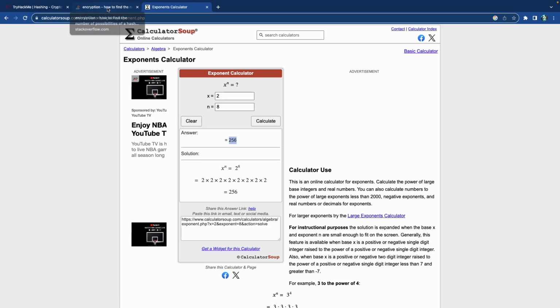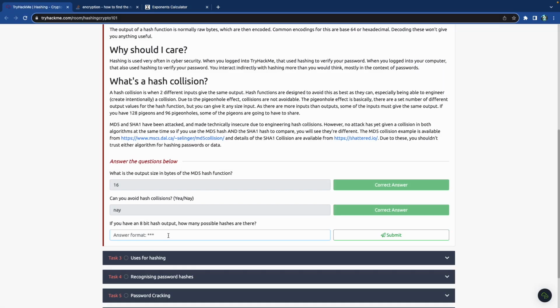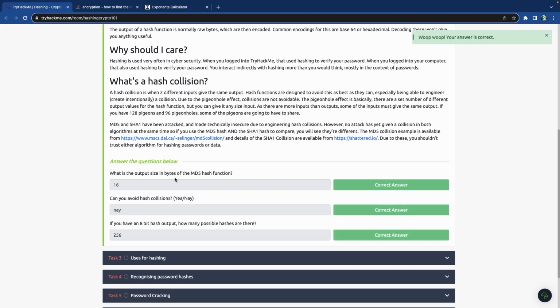So that's how you calculate it. Whatever the bits are, it would be 2 to the power of the number of bits. So let's try 256. All right, we got it. 2 to the power of 8, that's our formula, and we are done with this portion.